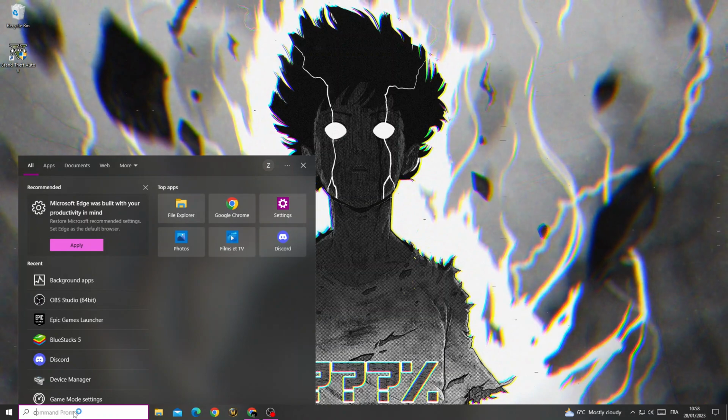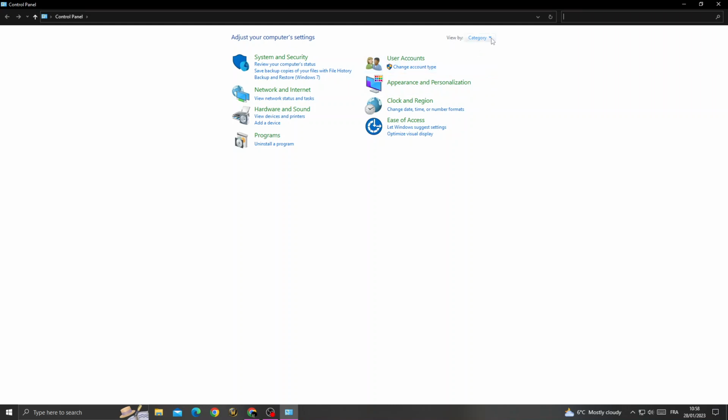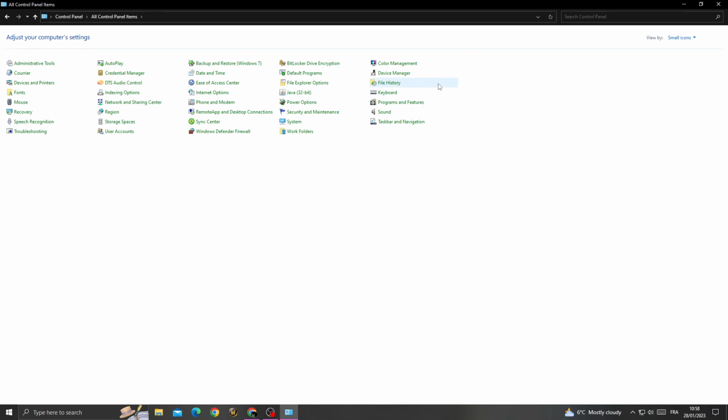just type here control panel, click on it. Now once you're here, click view by and select small icons, and now once you're here, all you need to do just go to